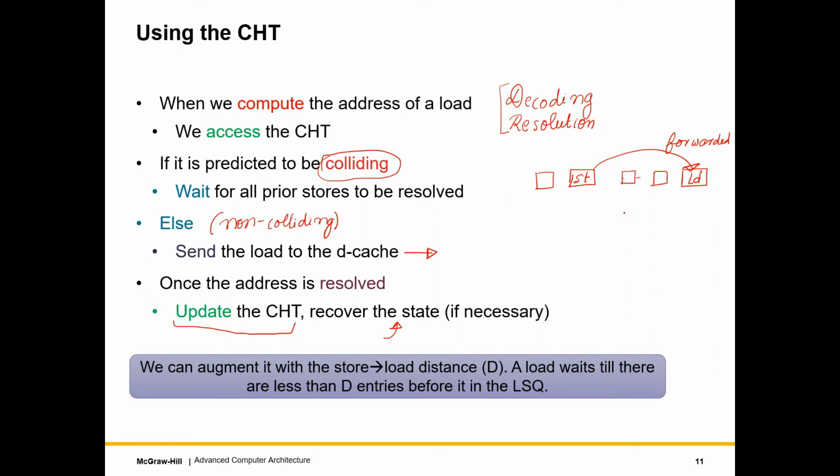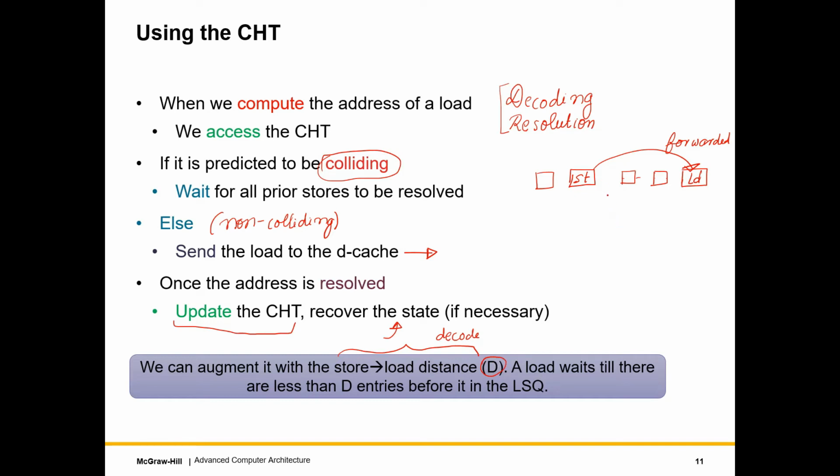So this gives us more IPC, right? It gives us more parallelism and more IPC. This can be augmented with more information, which is where when we predict becomes important. So let's say that we do this prediction at decode time. So what we can augment it with is the store to load distance,